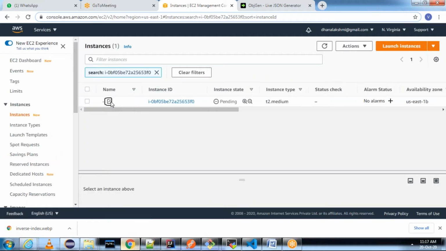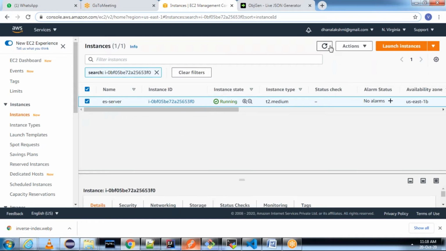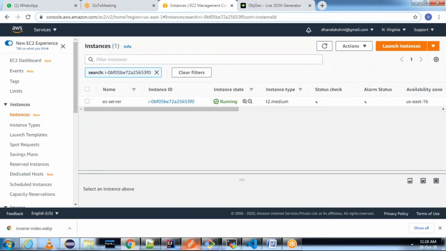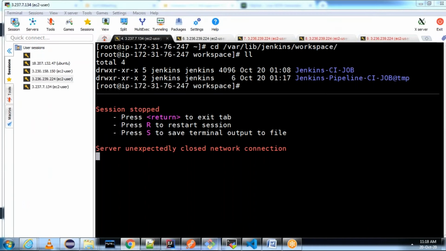We'll connect to the server and we'll start with Java installation, and then we will run Elasticsearch as well. Let me name it Elasticsearch server. You can keep any name. I kept just ES server. The name is up to your own choice. Copy the IP and open MobaXterm.